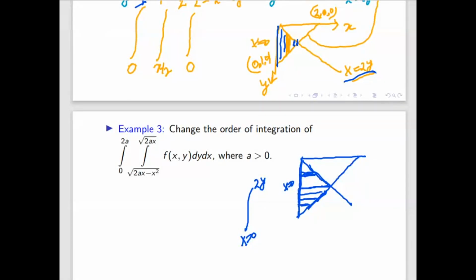Yes or no? We have to divide this whole region into two parts, not equal parts, by this. That means this is region 1 and region 2. In region 1 and region 2, both, we can find the horizontal strip and then we can find the limit. Is that clear or not? What I am saying?